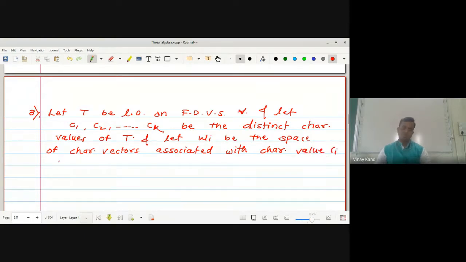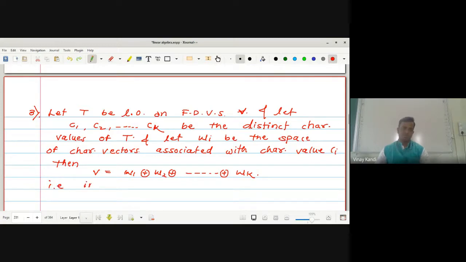Then we can write V is equal to W1 direct sum W2 up to so on direct sum Wk. That means what? That is,